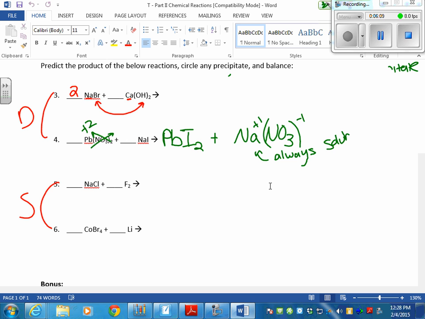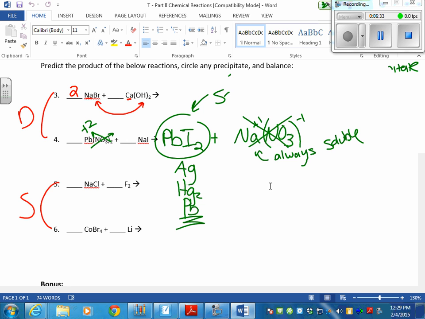So I know that when I look at table F, I'm not going to circle that thing. Nitrate's always soluble as well, okay? Let's take a look at the halide, and then I'll balance it afterwards. Iodine is soluble unless it's with silver, mercury, or lead. In this case, we're with lead, so we circle this. This is your solid,